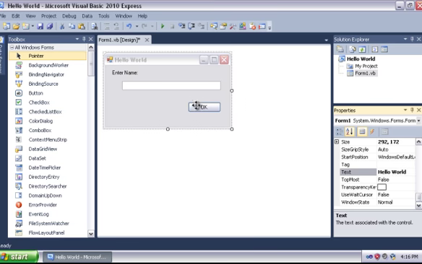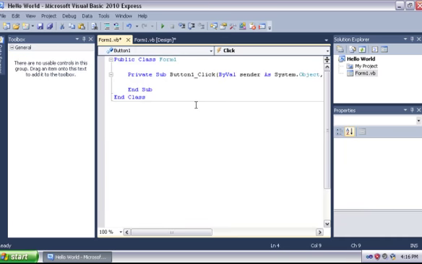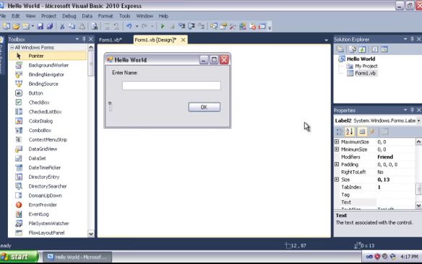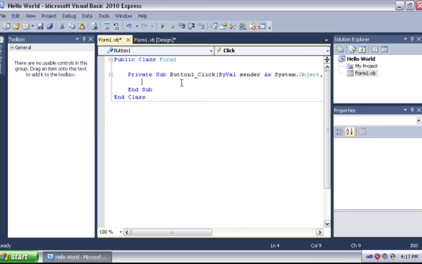And okay, now we're going to double click on the OK button, and you see how it formed all of this code. This is the code of the program that we're making, and this Private Sub Button1_Click, everything between this and this is going to happen when the user clicks on the button. So we want to do a couple of things. First, we want our label 2, which you can't see right now because it doesn't have a text value, but here it is. We want the text of this to equal hello and then whatever the user put into